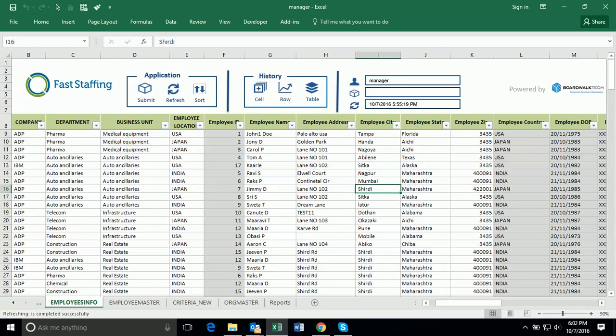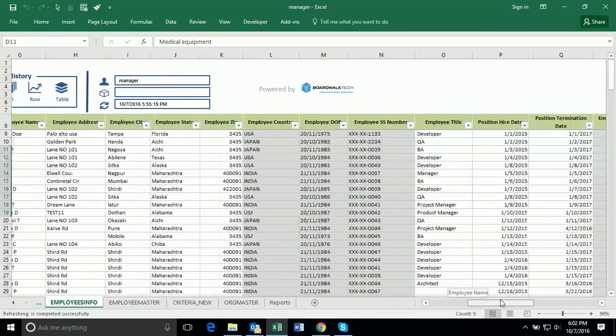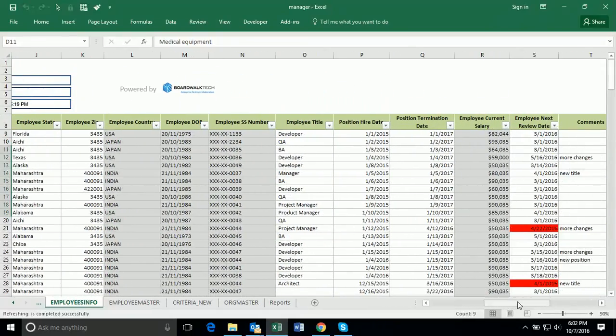In this demonstration, we're going to show how Boardwalk can be used for an HR application where I'd like to be able to take different employees that I have perhaps across different companies, different departments, and different business units and locations, and be able to manage their allocation to different parts of the business, and then also be able to capture information about when did they hire into this current position, when were they terminated, what's their next employee review date,